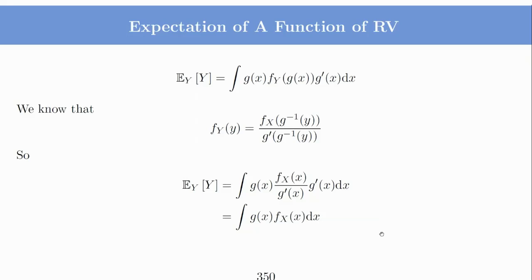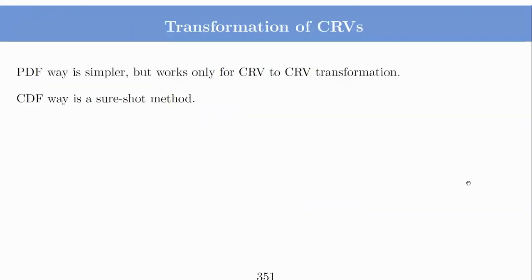This is for continuous random variable. For discrete random variable, the proof is rather easy. You can try it. Now, we know that we see two ways. That one was whether we can directly compute the CDF of the random variable Y. And the second thing is where we see that if we know the PDF of X, we directly compute the PDF of the transformation of X.